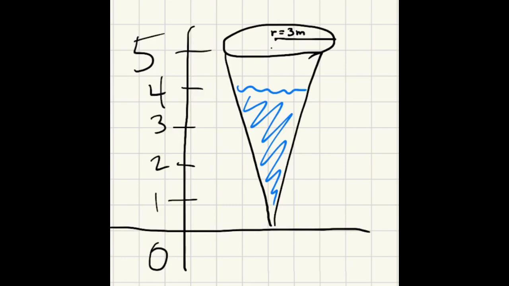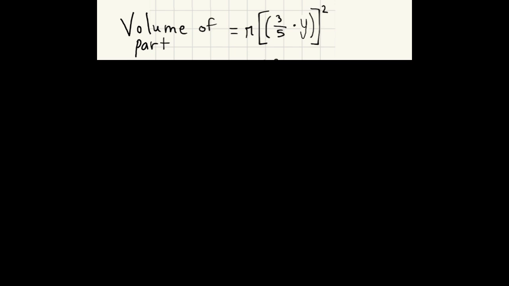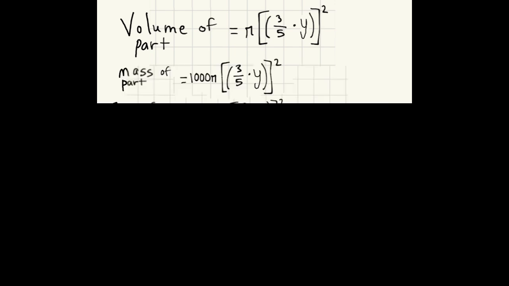An example of work being done to empty a conical tank would be this cone at a height of 5 meters and a radius of 3 meters, with water filled up 4 meters high. We then would use our volume of part equation and plug in our values for our equation to look something like this. Next, we'll multiply our equation from before times the density of water, which is 1,000 kilograms per meter